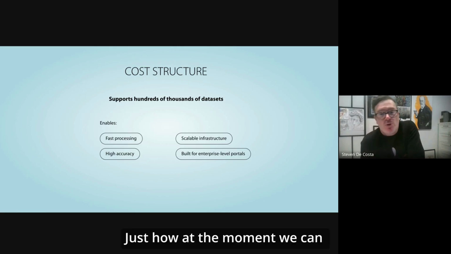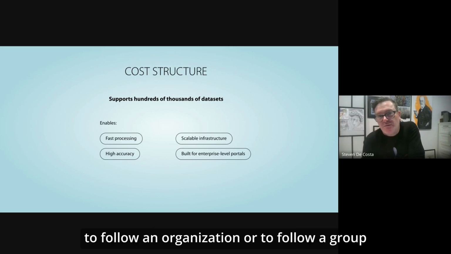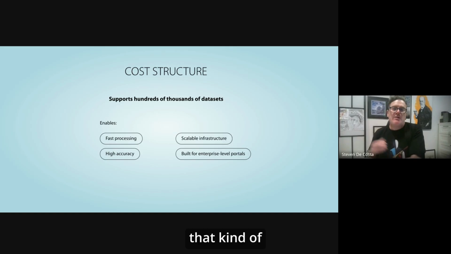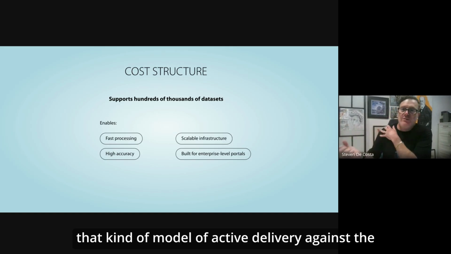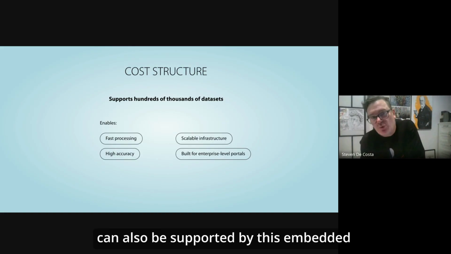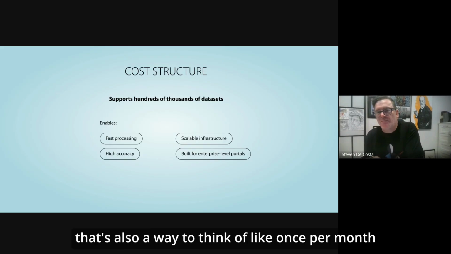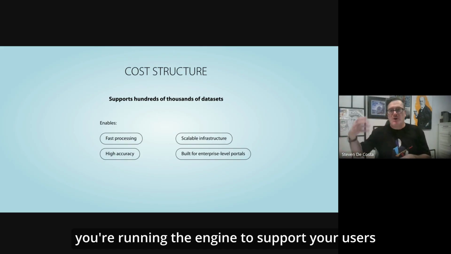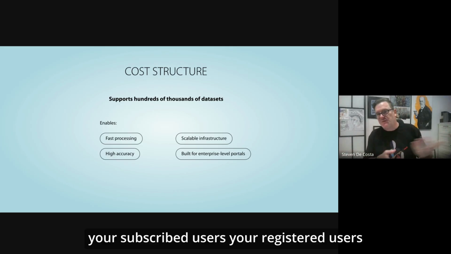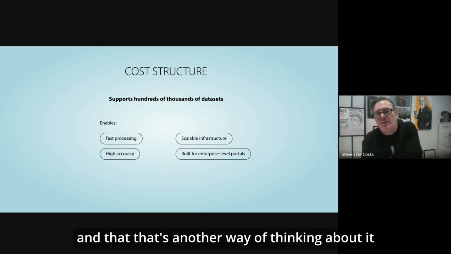Just as at the moment we can allow people on CKAN to follow an organization, a group, or a data set for updates, that kind of model of active delivery against the profile of a user can also be supported by this embedded search model. It's also a way to think of, say, once per month running the engine to support your subscribed users, your registered users, your profiled users, to give them updates. That's another way of thinking about it.